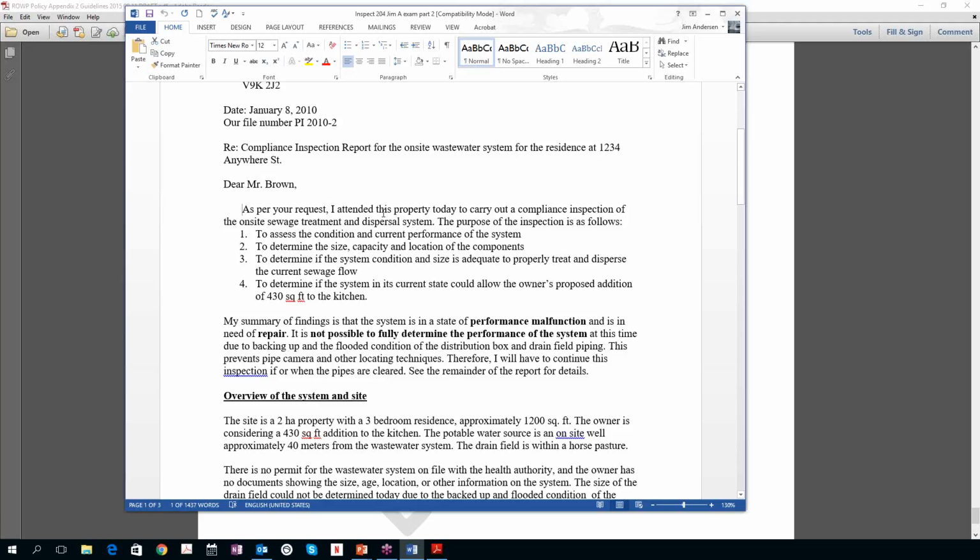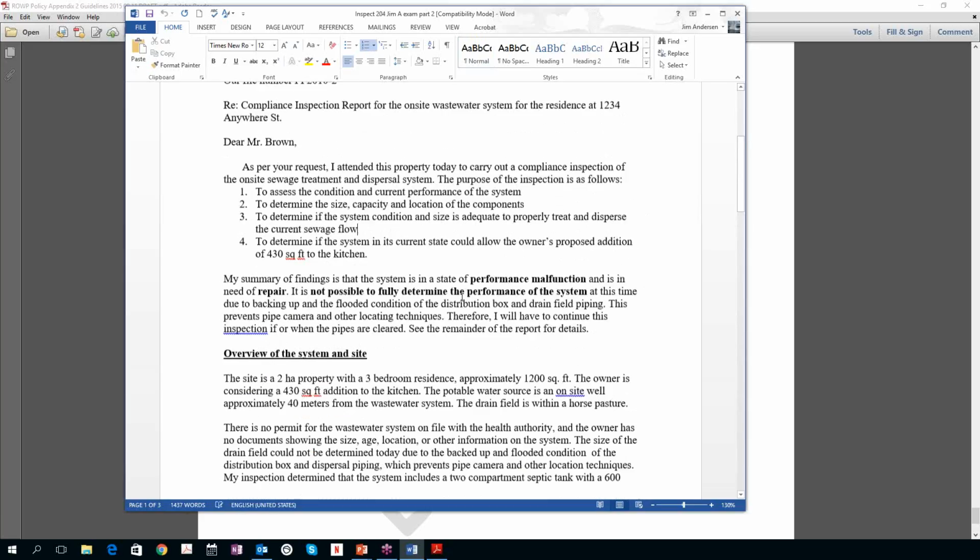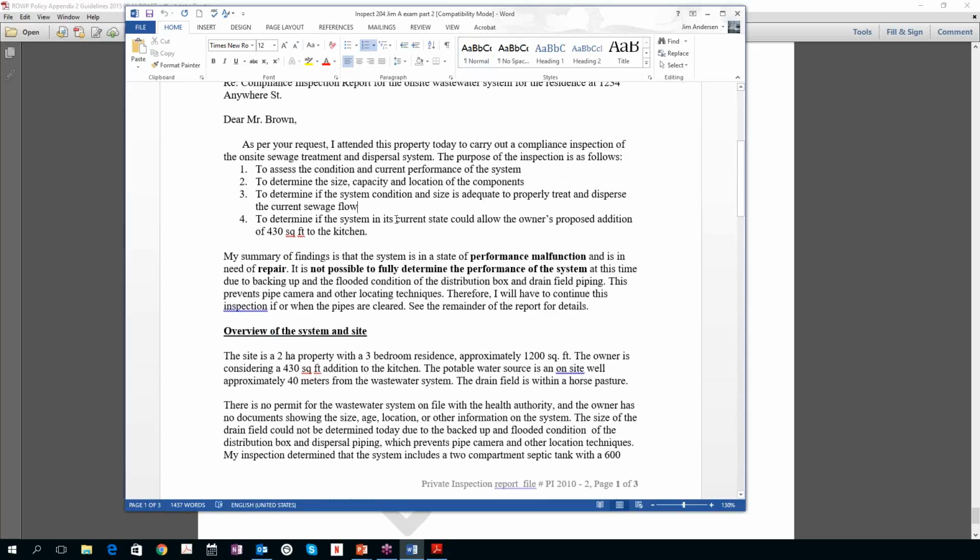Most of us do this. We say, you called me, I showed up, and here was the purpose. Right? Condition, performance, size, capacity, location, and determine if it's adequate to properly treat and disperse the current sewage flow. And in this case, it was a compliance inspection, and the purpose was to determine whether the system was suitable for an addition to the kitchen.